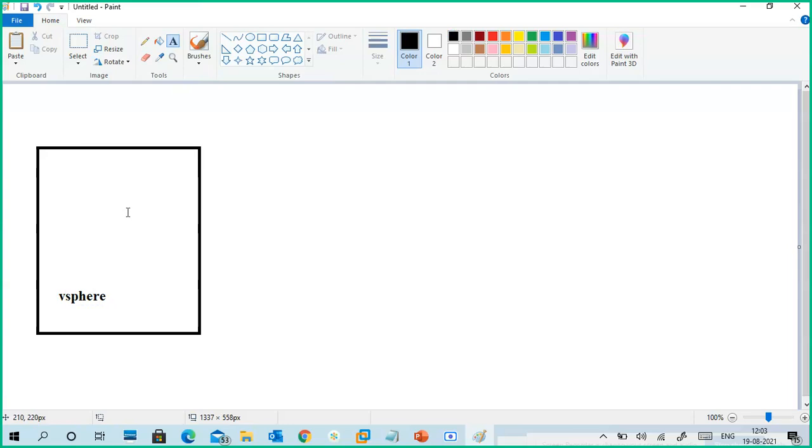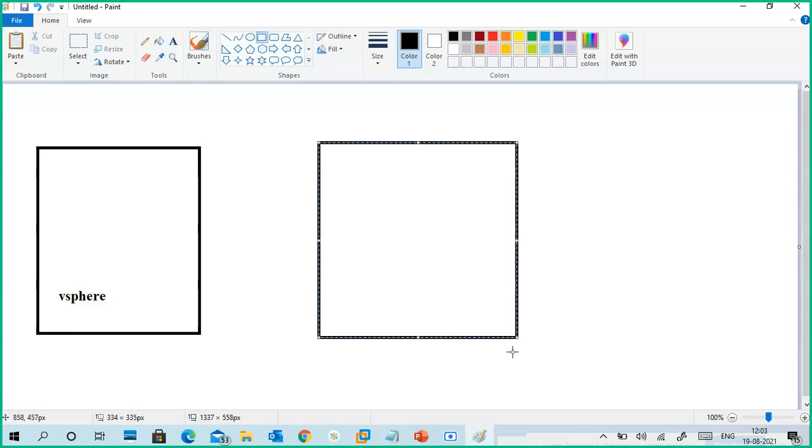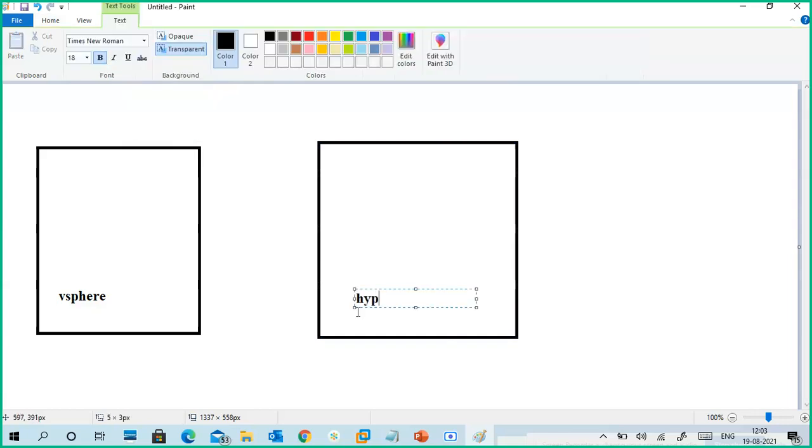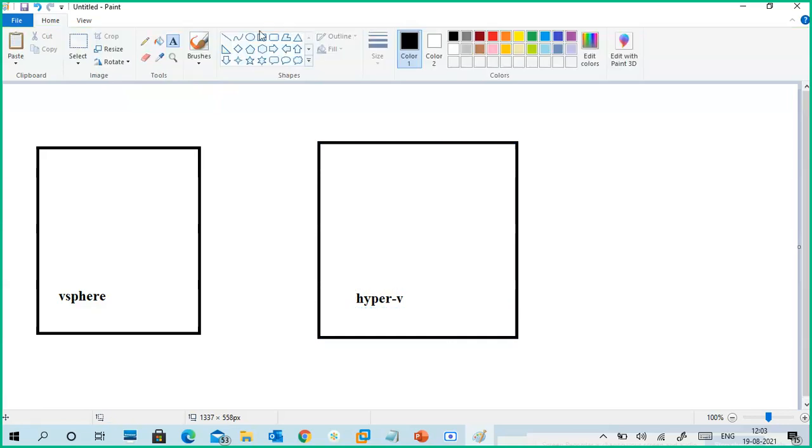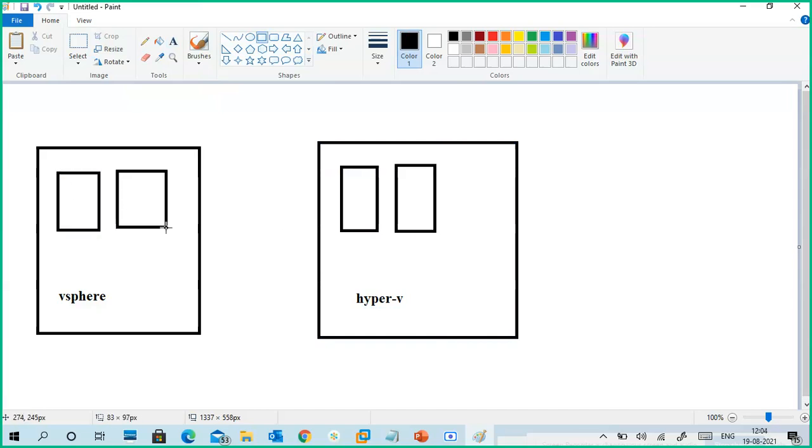That's it, that's a separate one. And this is your Hyper-V. If you install Hyper-V, you can create virtual machines here. This is another server, another machine.